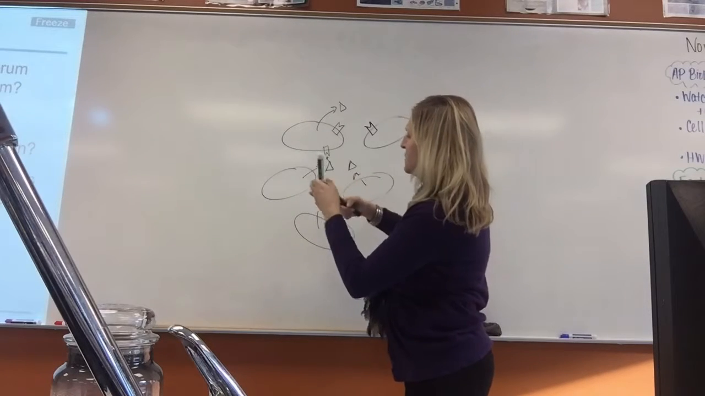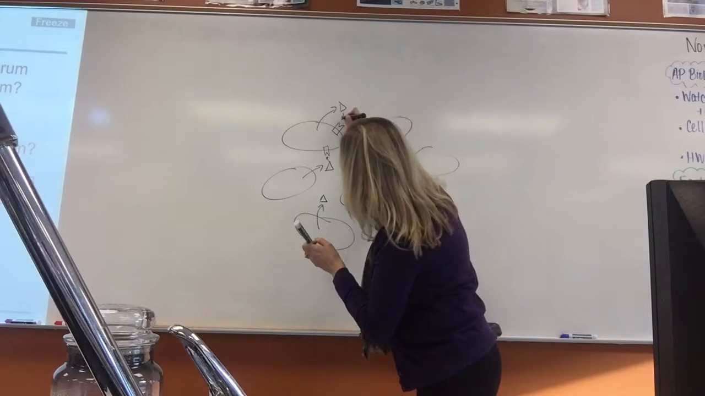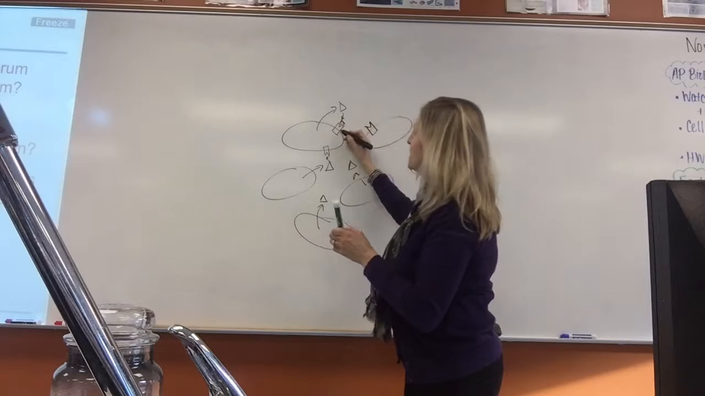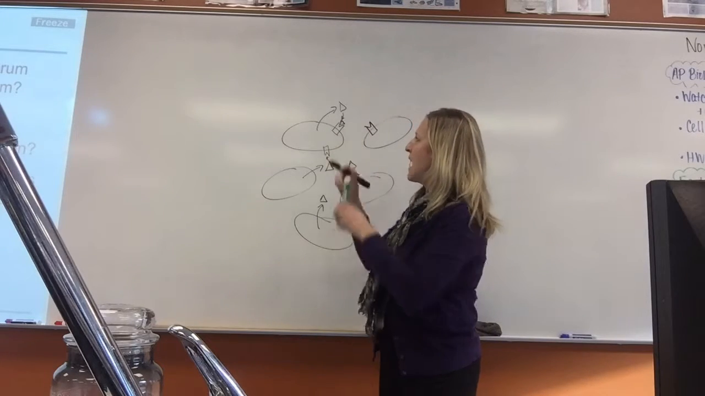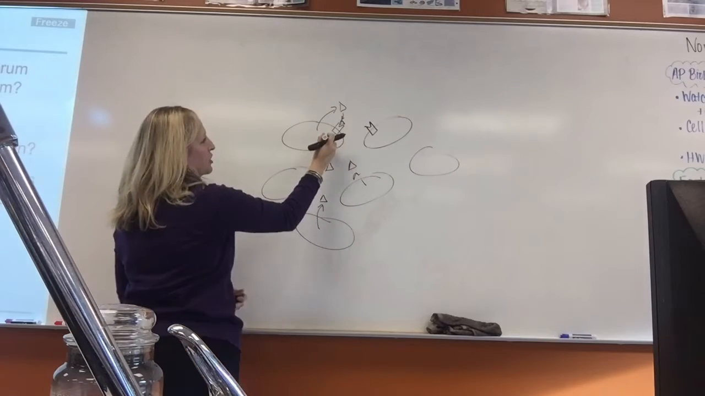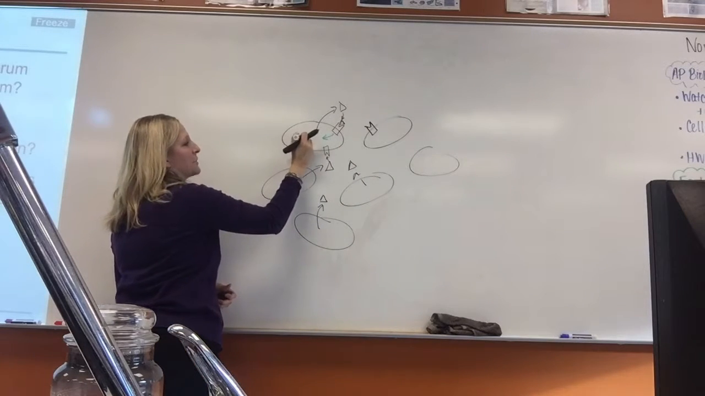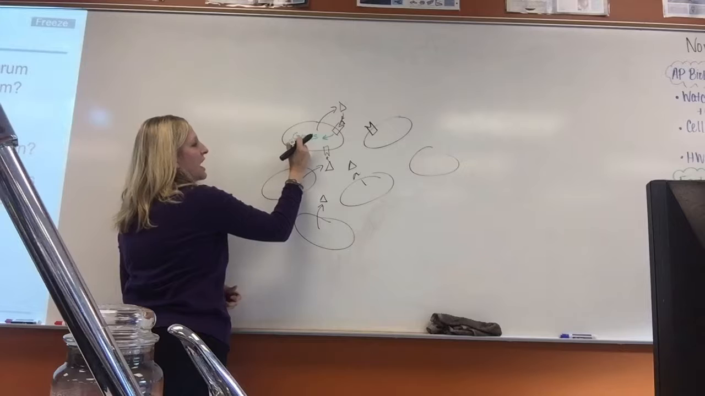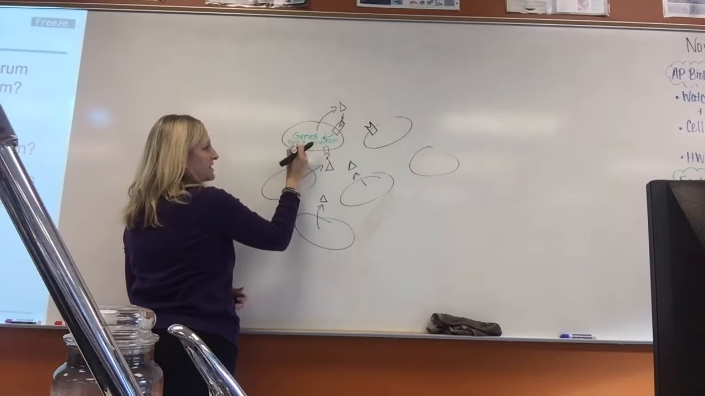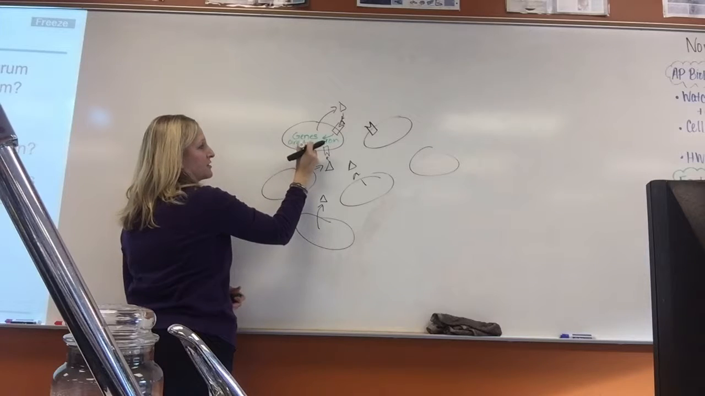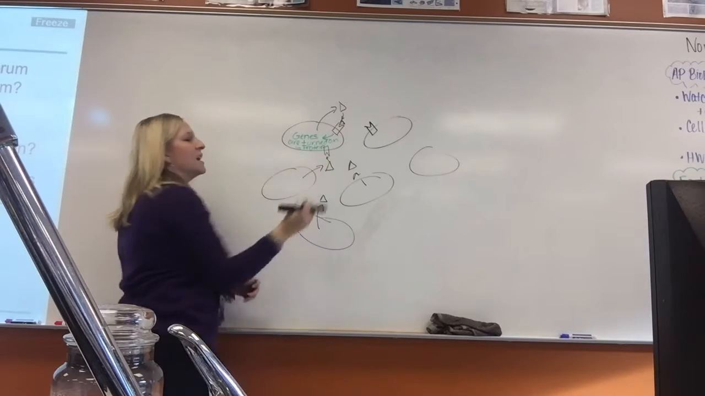So what happens when this binds here? What does that cause to happen? It causes a change to occur in the cell. A lot of times genes are turned on, which means that they're able to make a protein. So in this case, the gene to make the protein is turned on, and then the protein is what